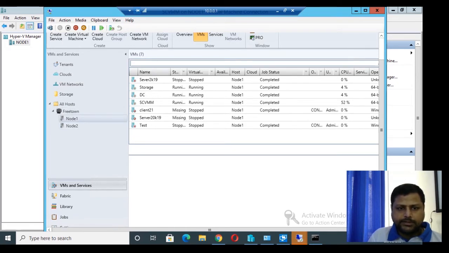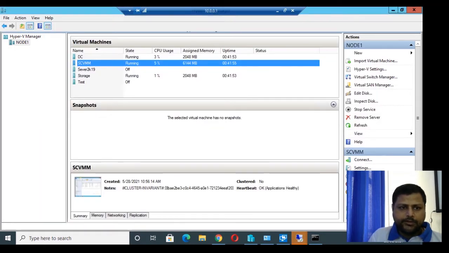These are the systems in node 1, that is our 2K19, storage, DC, SCVMM, client 21, 2K19, test system. These are all systems running in the cloud. If you want to verify, we'll minimize this, and you can see that these are the systems in node 1, that is DC, SCVMM, server 2K19, storage and test.